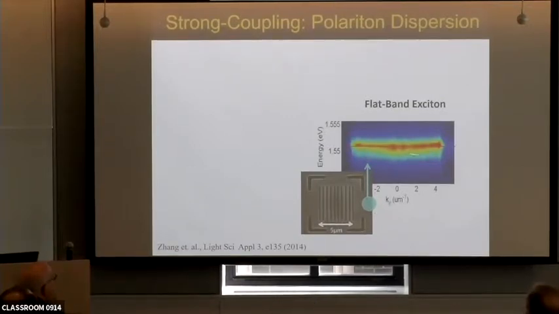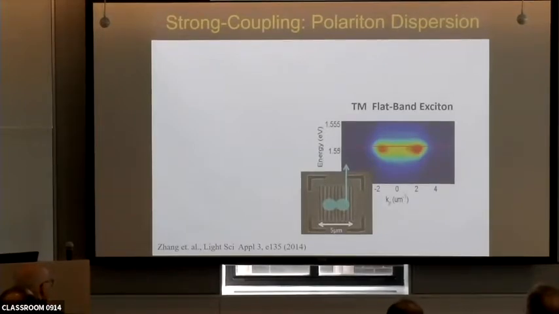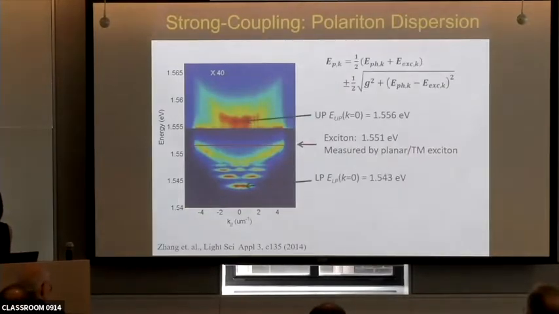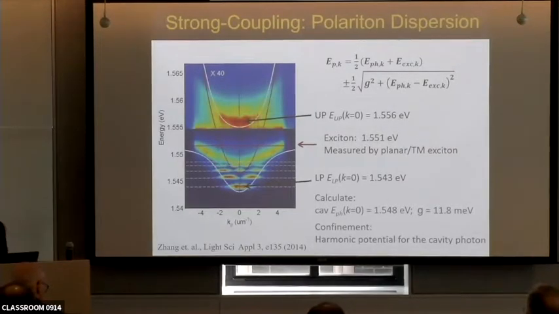We pump outside. We see flat, broad exciton emission because there's no good mirror out there. If we pump inside, but look at the wrong polarization direction, we see the same exciton emission. But if we look at the correct polarization, we see right away the split branches, the upper and the lower polaritons, and the modes are discrete for the polaritons because we have a very small system and strong natural confinement. And we can compare it to the theoretical models, and they match very well. The solid lines are theoretical curves, obviously. And we can also get from there the various parameters of the system.